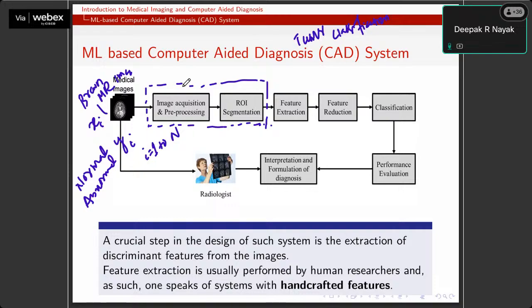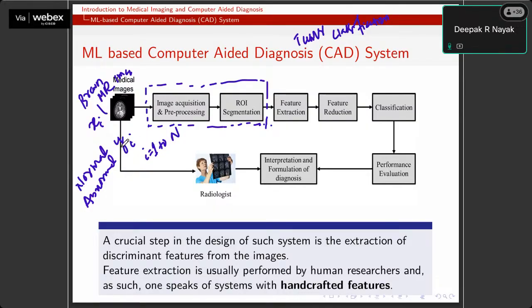So the ultimate goal of this stage is to enhance the quality of the image, because my task is to assign a label to each input image. That means I want to analyze the patterns. Those labels can be assigned by looking at the unique patterns present in the image, and those unique patterns are known as representatives or features of those images. But if the image is contaminated by noise, is darker, or is a low contrast image, you probably won't be able to identify those unique and crucial patterns.